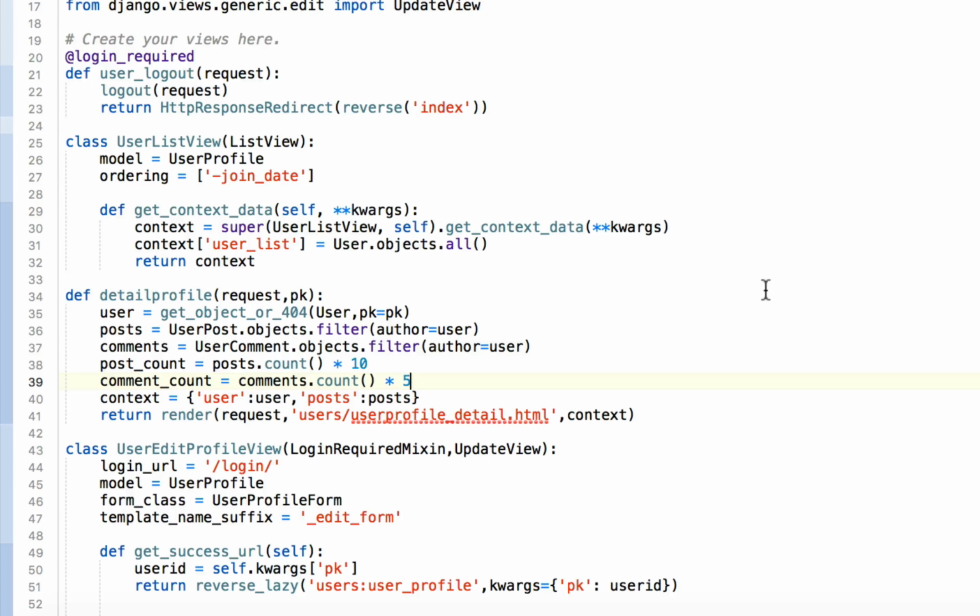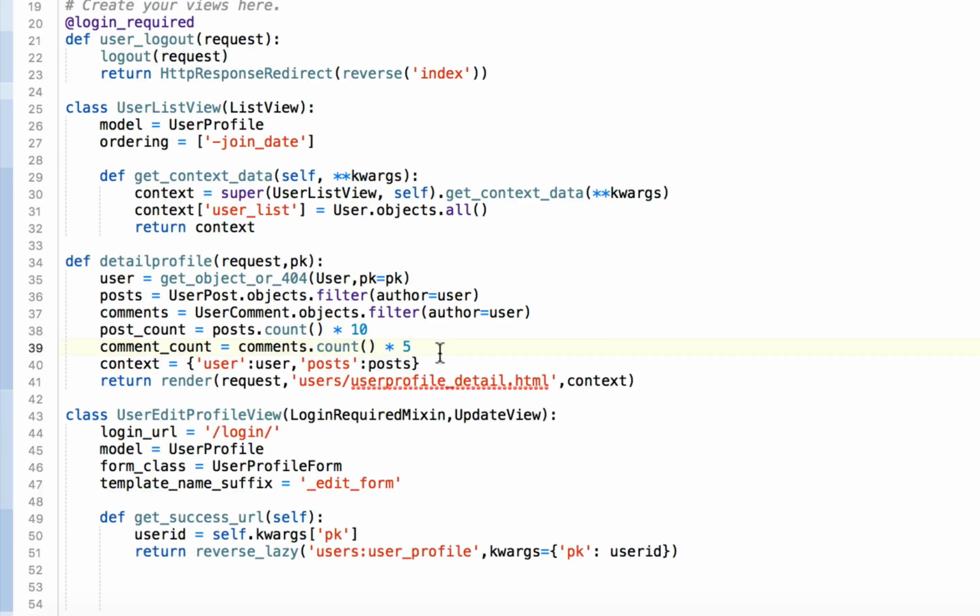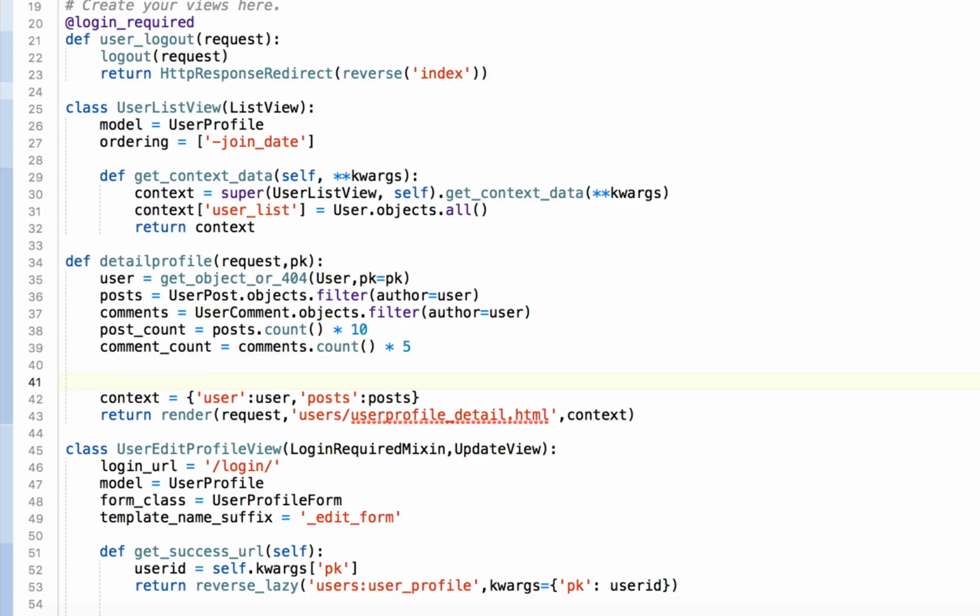But there's other things that we want to give. So like maybe a like, maybe a follow in the future when we have follows. Like, you shouldn't get 5 points. You know what I mean? So we want to make things different amounts of points. So what we're going to do now is we're going to say